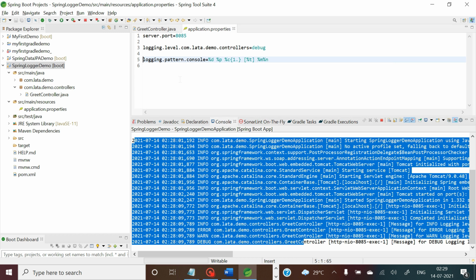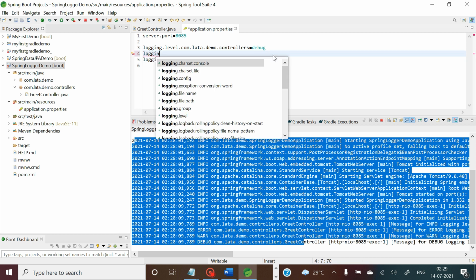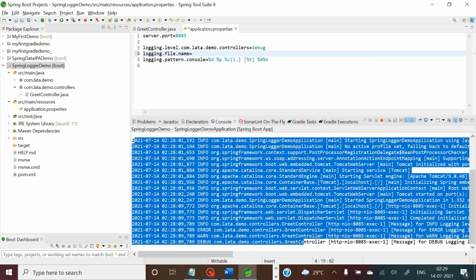But many times we want all the logging information to be in a file. So how can we store all the logging information in a file, that you are going to see now. For that you just need to specify logging.file.name, and here you can give a name for the file.